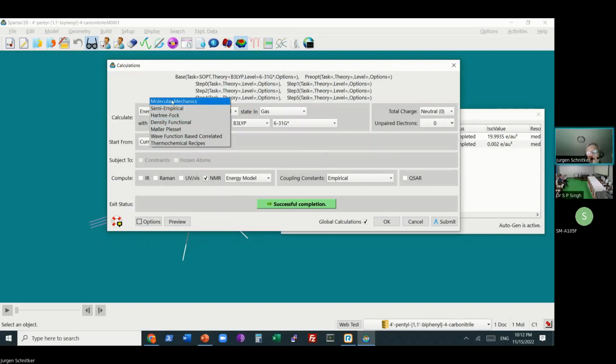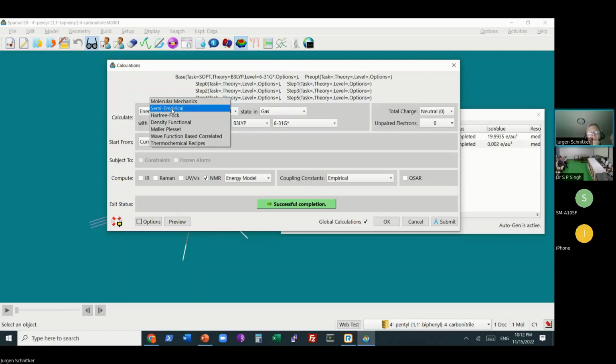Molecular mechanics, that's classical, so this is instantaneous. Some seconds. Semi-empirical is old-fashioned molecular orbital theory with lots and lots of parameters in it. It's still useful to get trial wave functions to go further up, but it's a little bit obsolete as the final result.